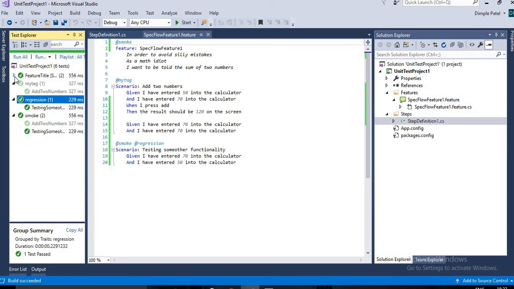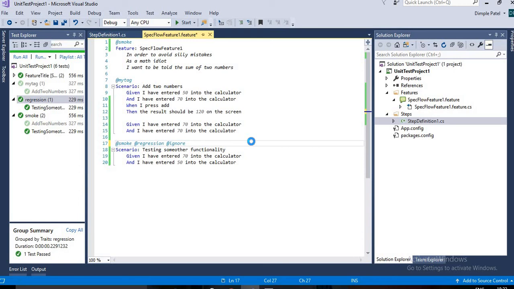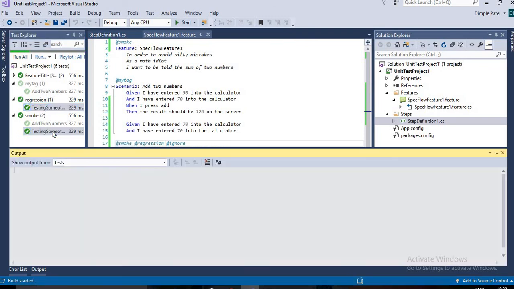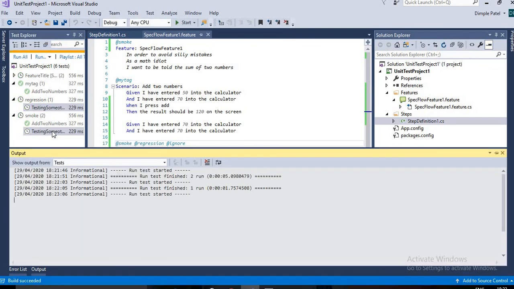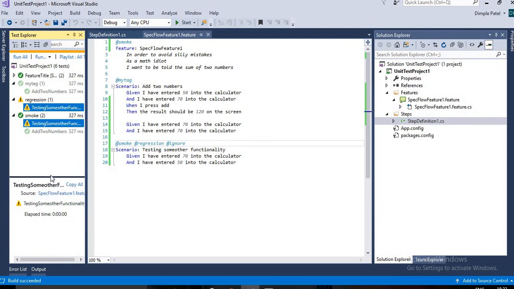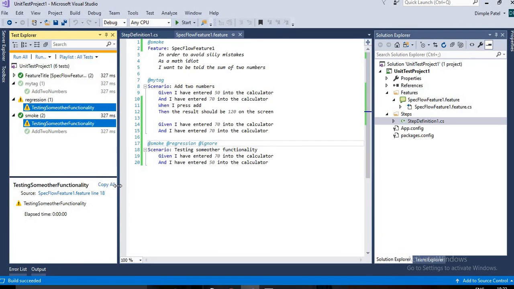And now the last, we'll see how to ignore some test cases. So let's see. You just have to write down the ignore keyword, and this test case will not execute. It will show here, but if you try to run it, it will not run, and it will show the yellow warning. That means the test case is ignored, right? So you can have a number of test cases ignored.